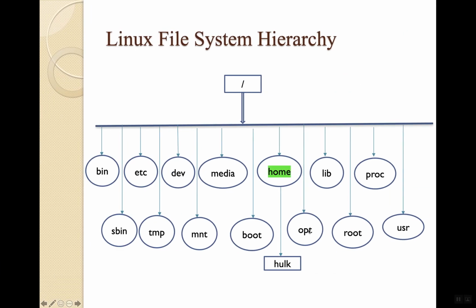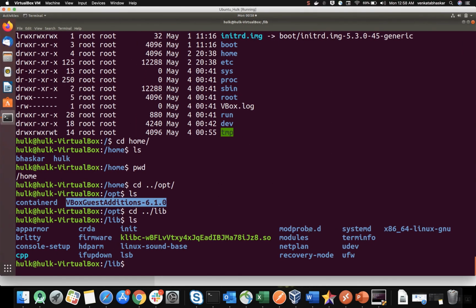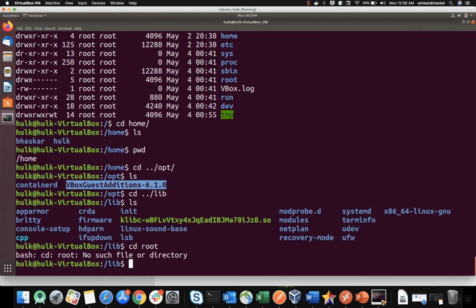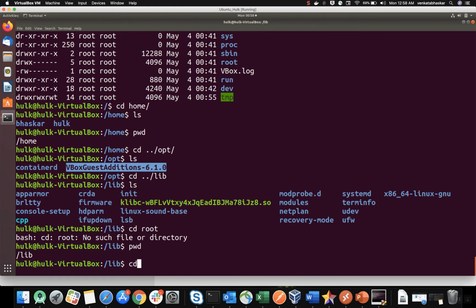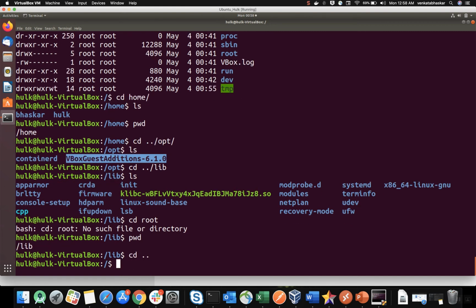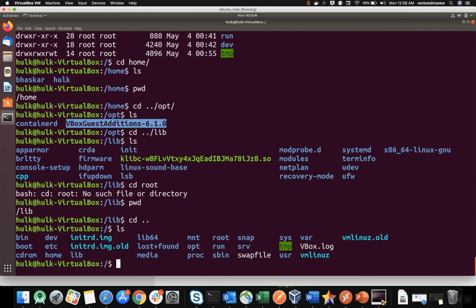Okay, and we can see the root directory. Like how Hulk is my username, like Bhaskar is my username, there is a root folder also, this is the root user. Sorry, I'm inside my lib directory. Let me go cd .., then ls, the list of files. Now cd, where is my directory?